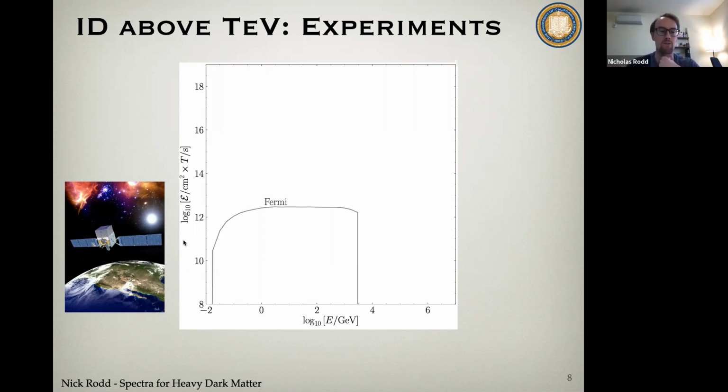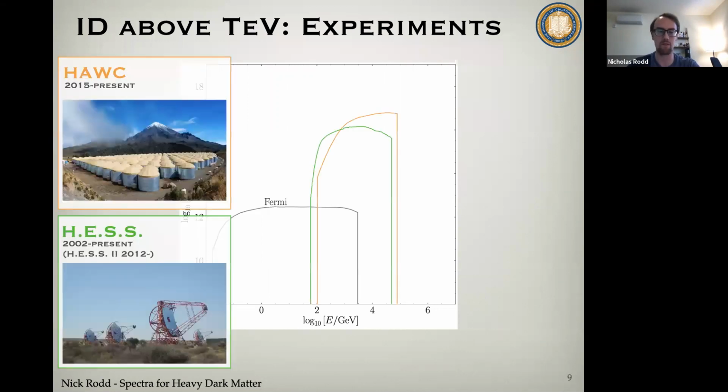For X-ray experiments, for example, 10^12 in these units is about as well as you can do because you have to put something into space. But what's exciting about going to higher masses is that these photons will still interact strongly in the atmosphere, but the showers they create become larger and larger until eventually you could detect them on the surface of the Earth. And on the surface of the Earth, we can build much larger experiments than we can afford to put into space. So this is something that's been known about for a long time.